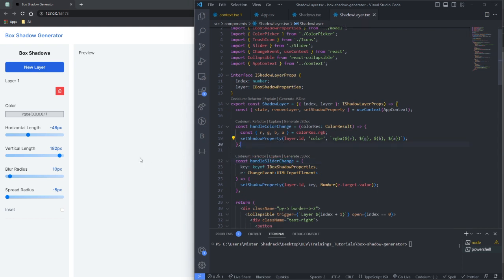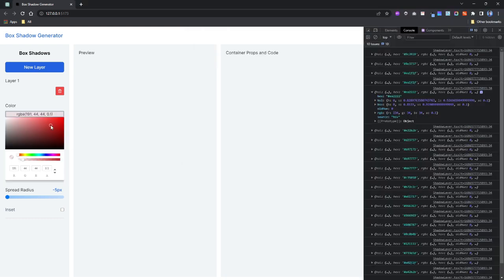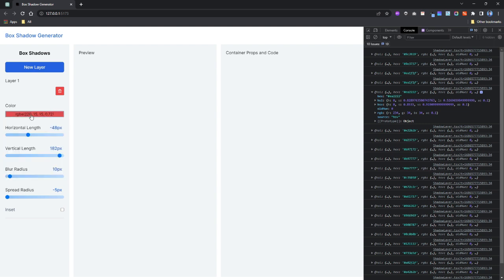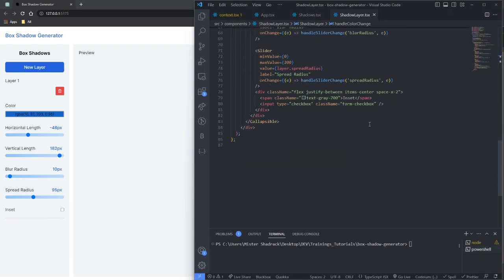So once we do this and I save it, I go here, I try to change it. As you can see, it now changes. Right. So if I increase the alpha as well, see it here, and you can see the color too here. Right. Alright, so this is working fine now. Our color picker is also working, which means the only thing we have to update is this insert property. So that is going to be down here,